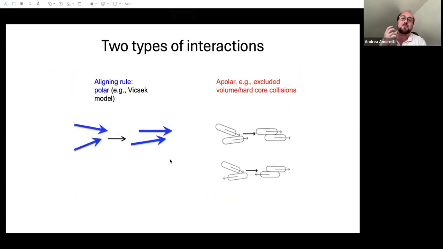There are also two types of interaction. There is the one we're going to consider mostly, which is the Vicsek one, in which you have a sort of nearest neighbor force which tends to align the velocities of the bacteria or your system in general. Or there is another kind of interaction which is mostly like a hardcore interaction, in which because of the shape, when two particles come very close, they are forced to align in a certain direction. This is very common in active rods, for example.